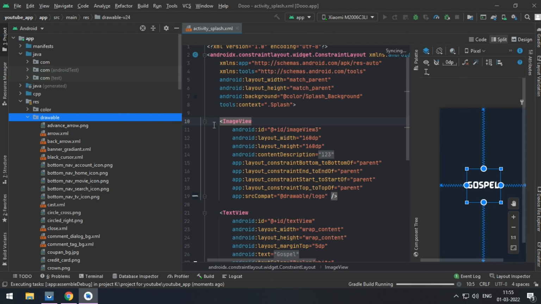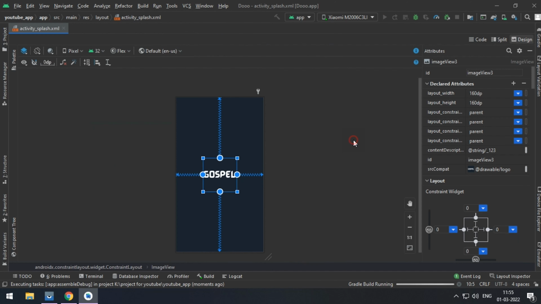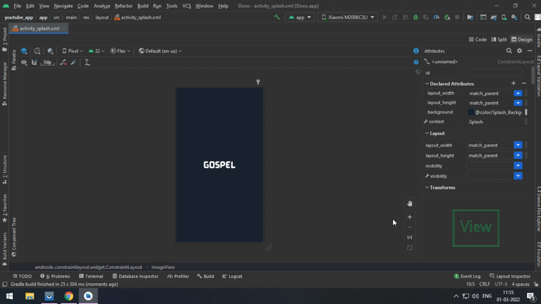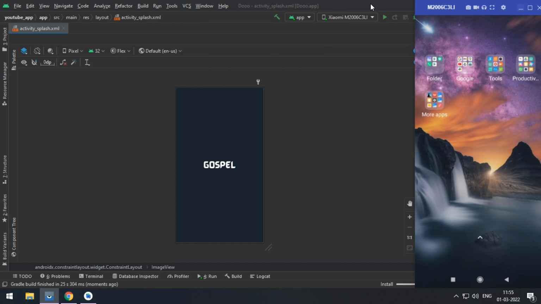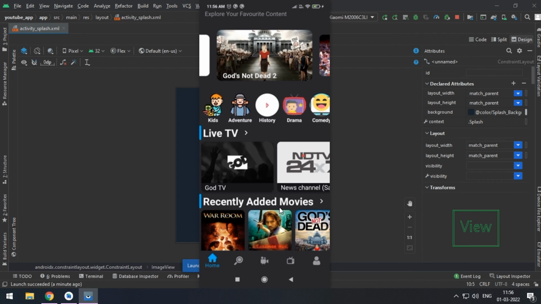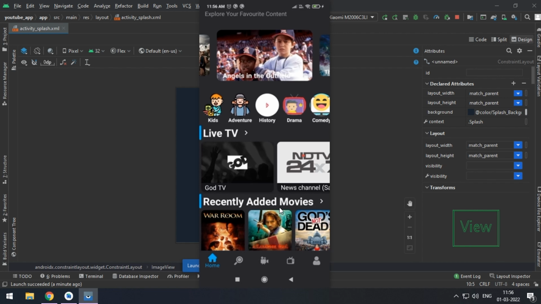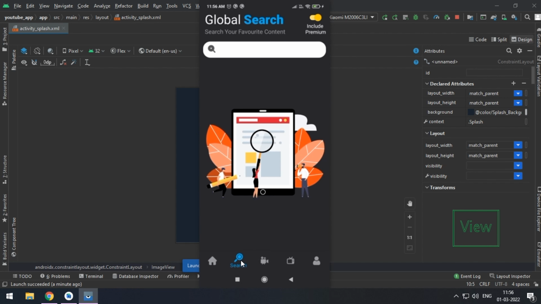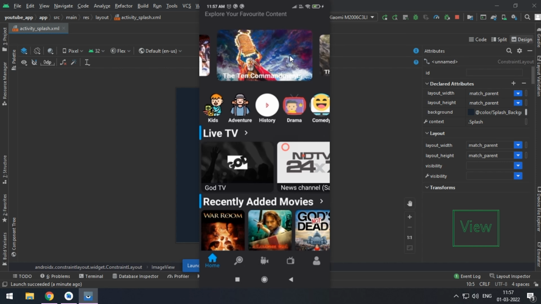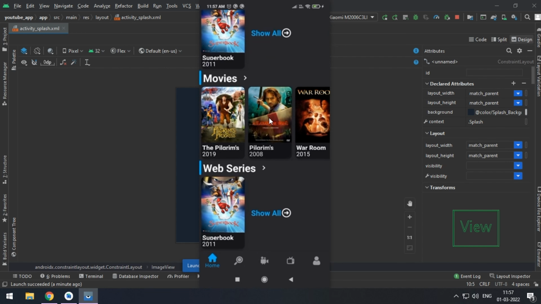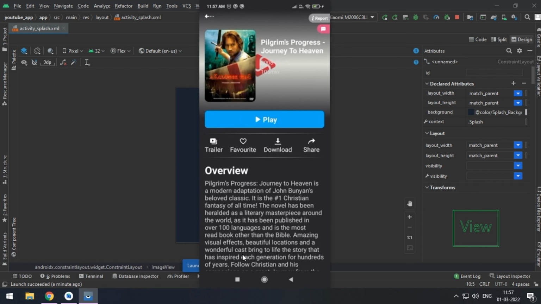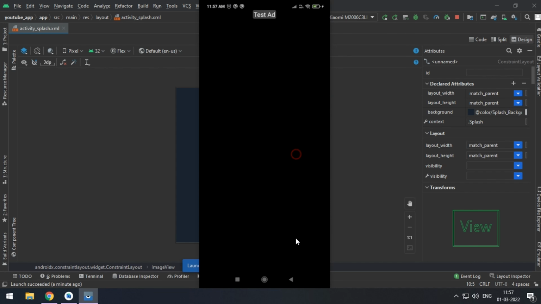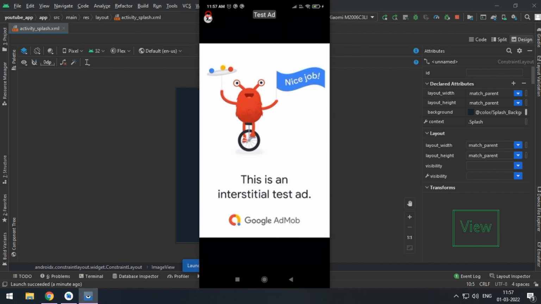We will see how our ads will look like. First, your ad will appear on clicking the movie detail page. We call it interstitial ad.